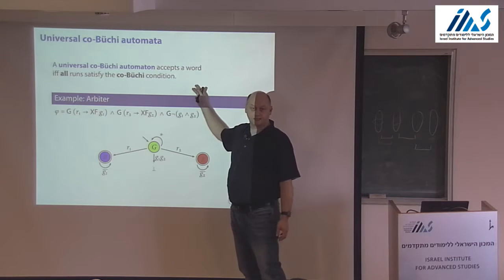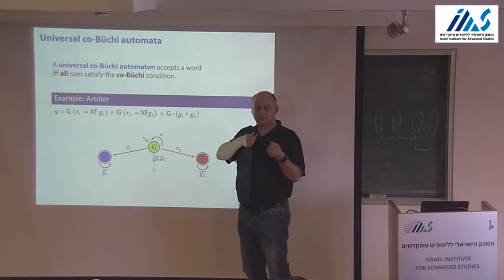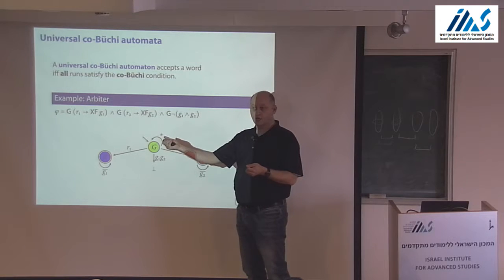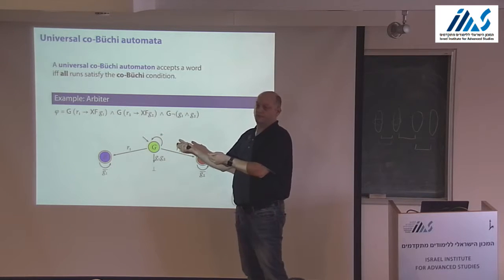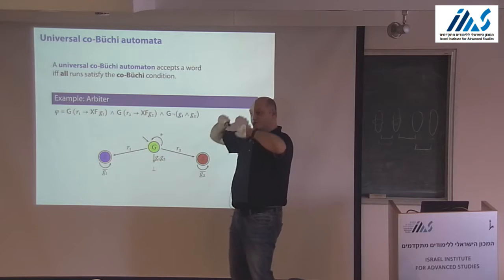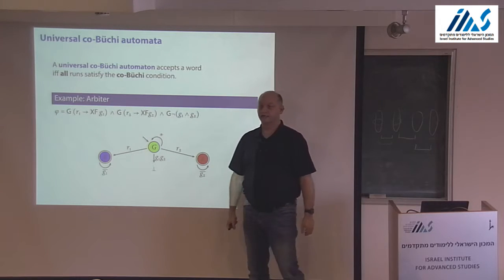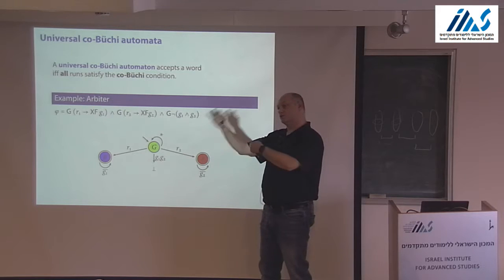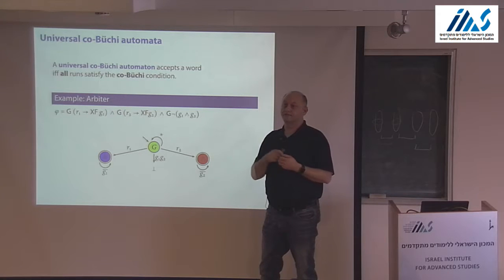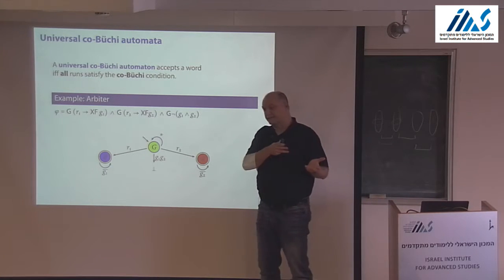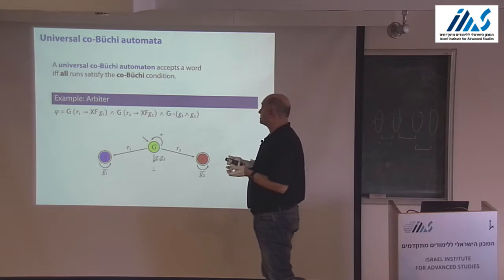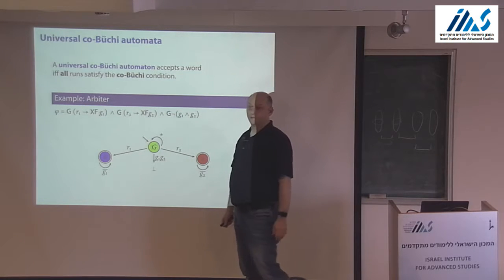How do you get there? It's really simple. You take your formula, negate the formula, and build a non-deterministic Büchi automaton that recognizes the complement of the language that you really want, because we negated the formula, right? And then you just look at that automaton and consider it to be a universal co-Büchi automaton. So we dualize the acceptance condition, and we dualize the branching mode from there is a run to for all runs, right? So exactly the same algorithms that were invented for the construction of non-deterministic Büchi automata immediately give you